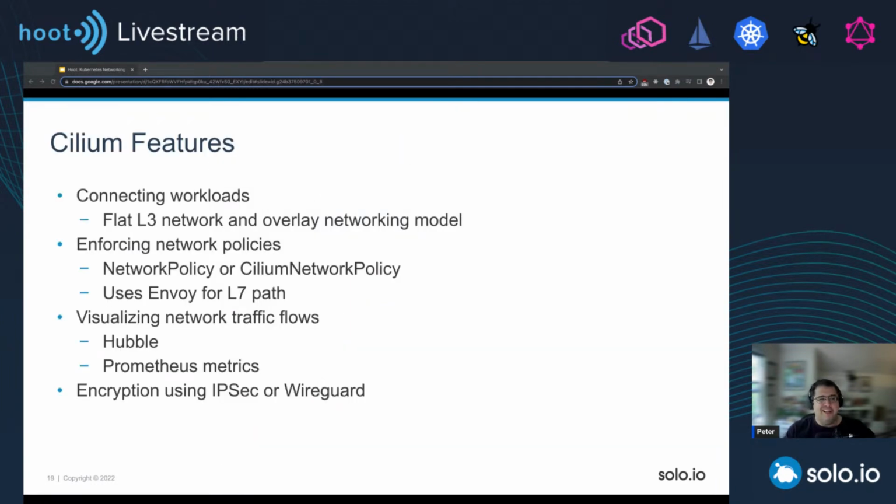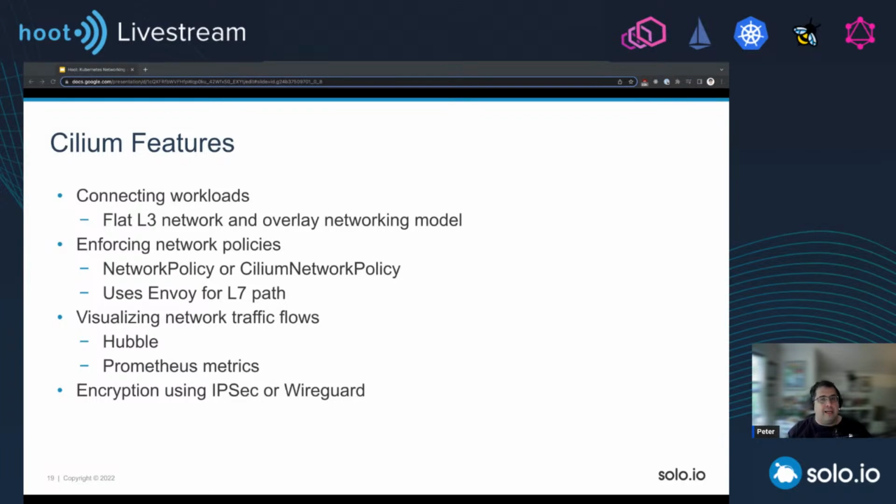Finally, Cilium. We're almost done and we're finally there to the topic, right? Now, what are some of the features of Cilium? We talked about load balancing, right? So when you deploy Cilium, it allows you to ensure that there's connectivity between workloads set up, and it also can set up load balancing between services and pods.